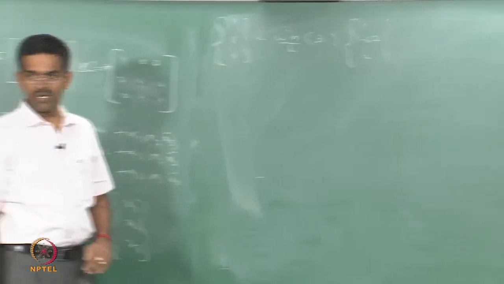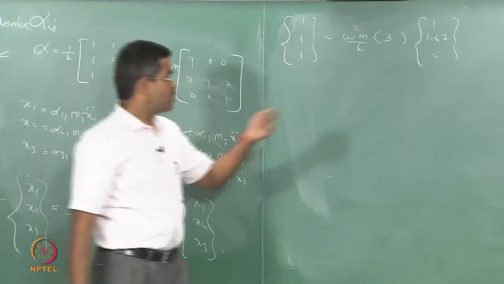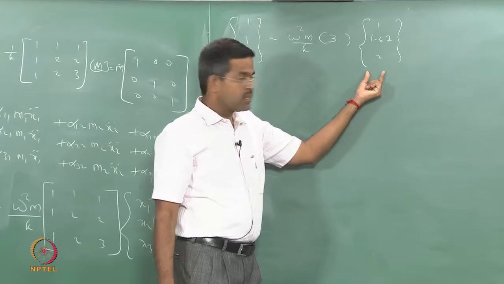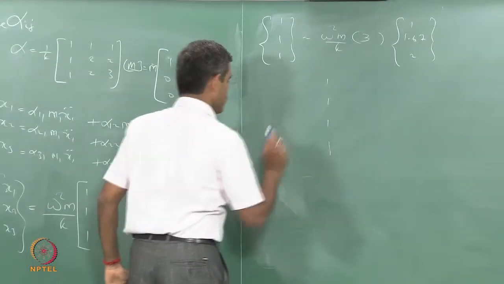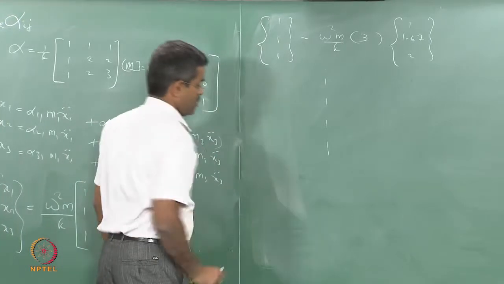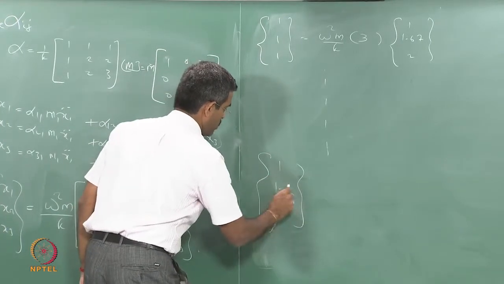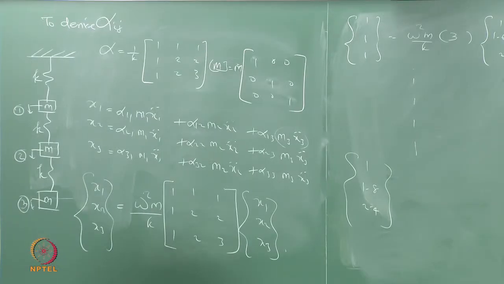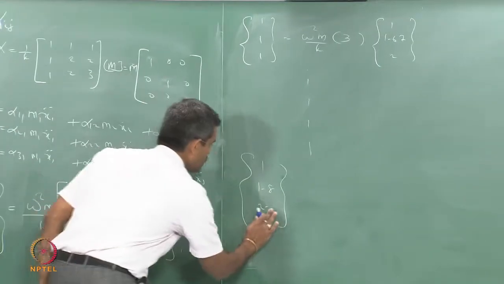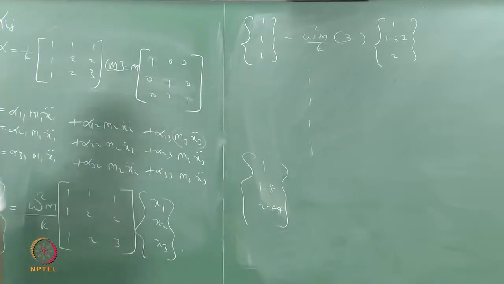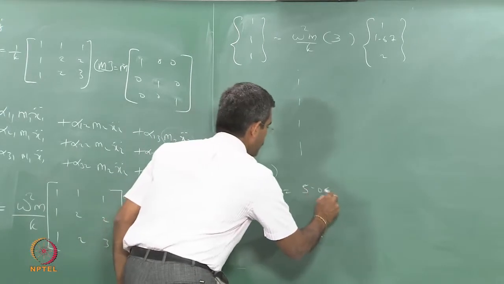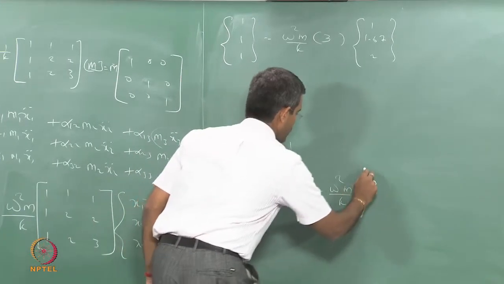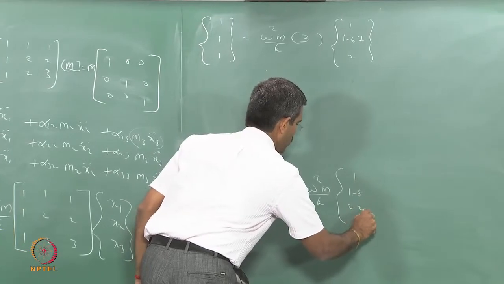Let us continue. You will see that there is a very close agreement between this vector with the influence coefficient method and that of Stodola's law. Exactly, it will be the same. Just converge, you will see as you proceed, you will get the final vector as 1, 1.8, 2.24, with a multiplier of 5.04 omega square m by k of 1, 1.8, 2.24.